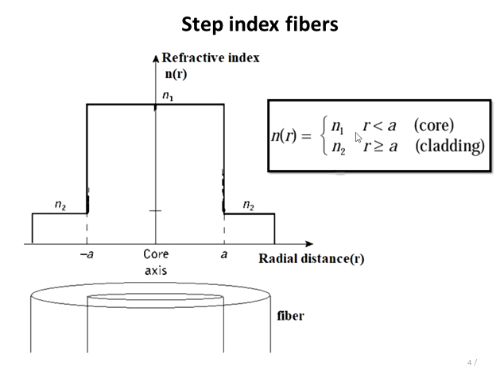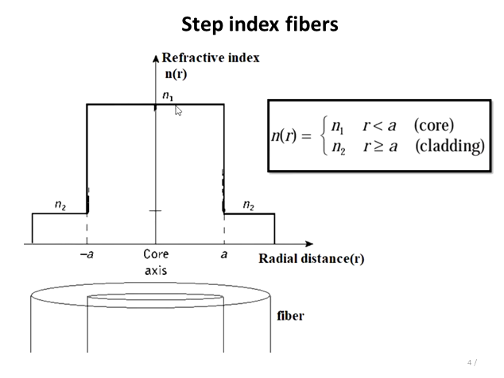Now you can observe that for r less than A, the refractive index is n1, which is constant, and for r greater than A, the refractive index is n2, which is also constant. Looking at this diagram, on the y-axis at the center of the core, the refractive index is n1 up to r less than A, meaning up to the core-cladding boundary, and when the cladding starts, the refractive index changes to n2 such that n2 is less than n1.